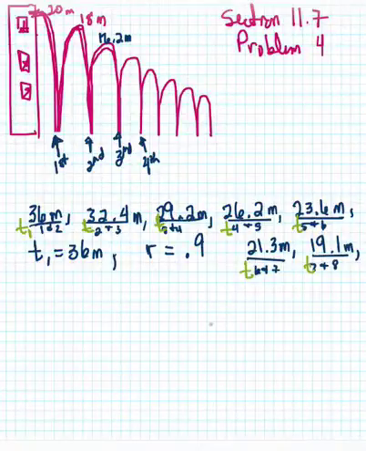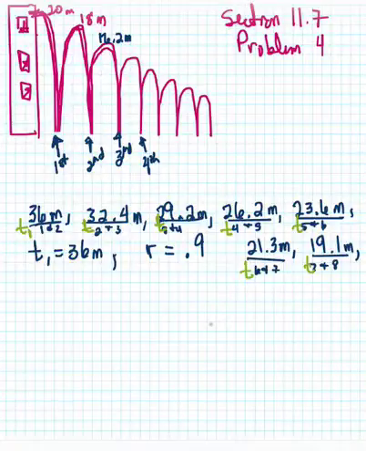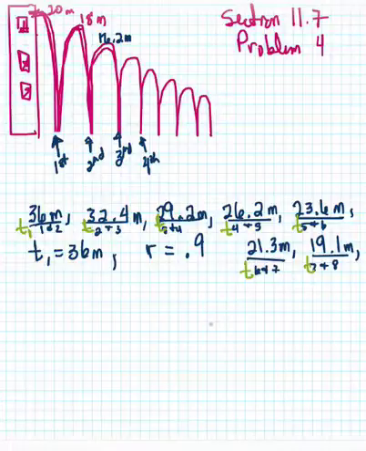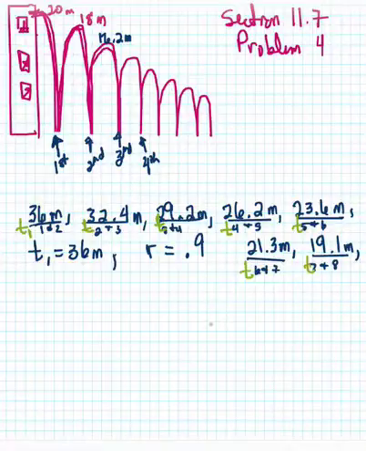How far does the ball travel up and down between the first and the second bounce? Well, it's going to be 36 meters, the first term. Show that the number of meters the ball travels up and down between bounces are terms of a geometric sequence. Well, we just did. The ratio is 0.9. We're good. All right, find the number of meters the ball travels up and down between the sixth and the seventh